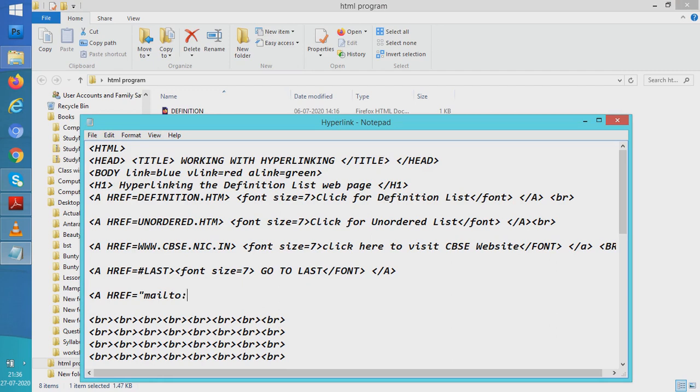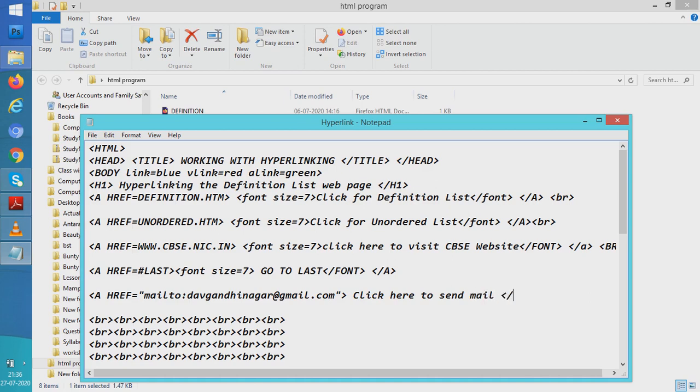Suppose I want to mail it to, say, DAV Gandhi Nagar @gmail.com. So I write this and close this, and here I'll write click here to send mail, and I'll close this.